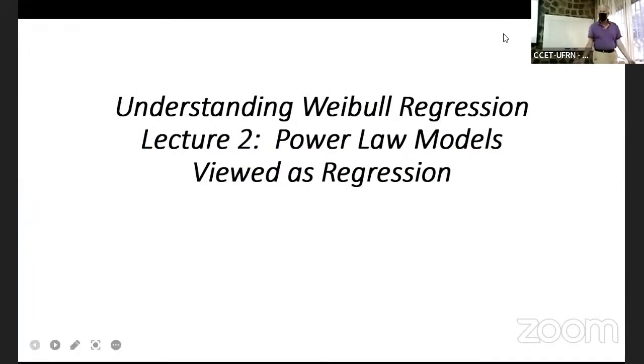This looks like simple linear regression, right? This is the Y, we have the X. So we'd be looking at something like T equals alpha naught plus alpha 1 times the stress, X here. So far, so good? And normally we would have an epsilon out here. We don't have that in Weibull regression. So far, so good?